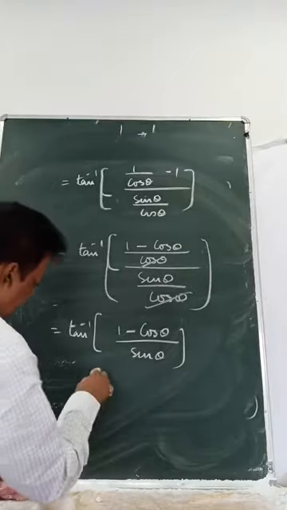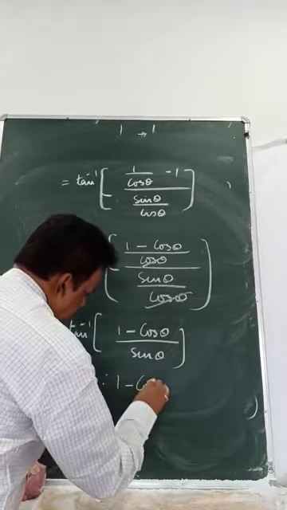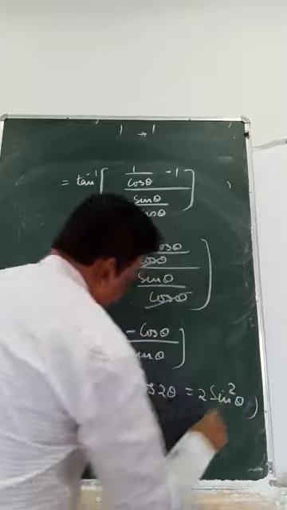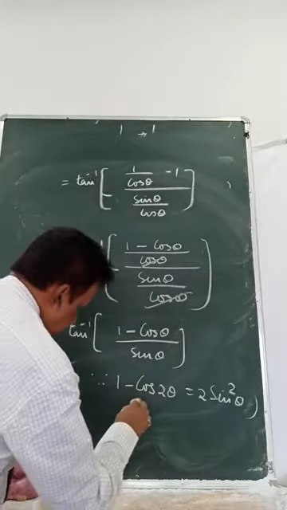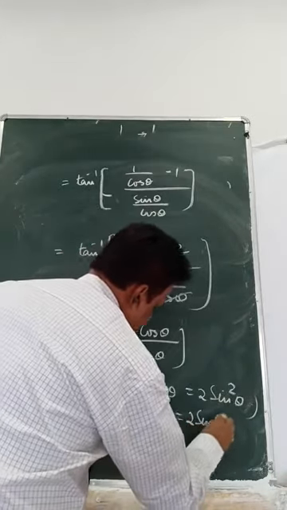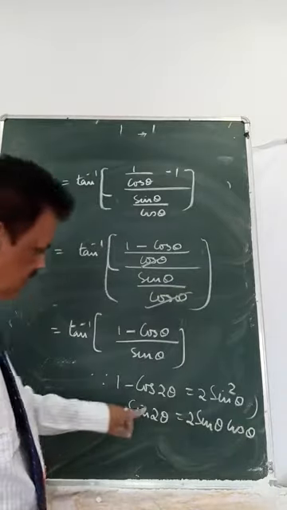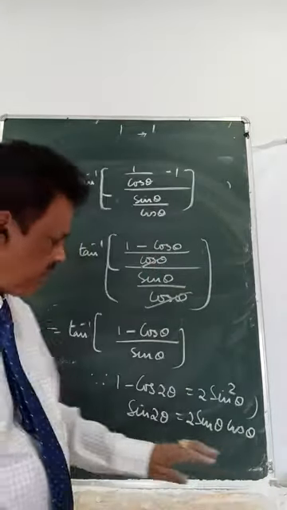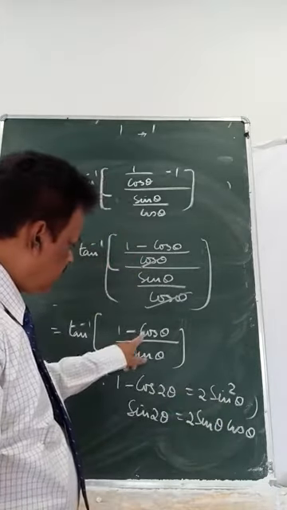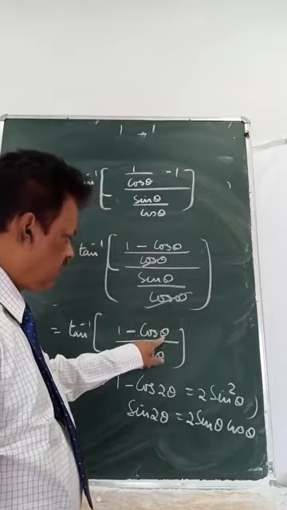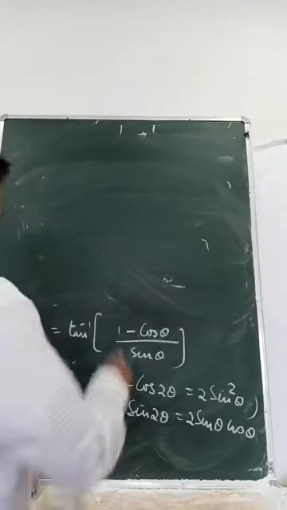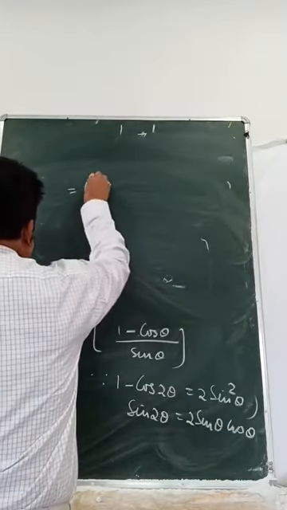So there is a formula, look at, I have given you: 1 minus cos 2 theta is 2 sin square theta. The angle becomes how? Again sin 2 theta I have given you: 2 sin theta cos theta. Only the pattern you remember, it will be easy for you. 2 theta becomes theta. So 1 minus, imagine cos 2 theta, so half angle will be here. So half angle means what shall I get? I will get tan inverse.